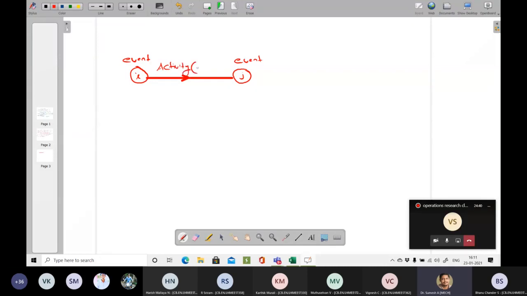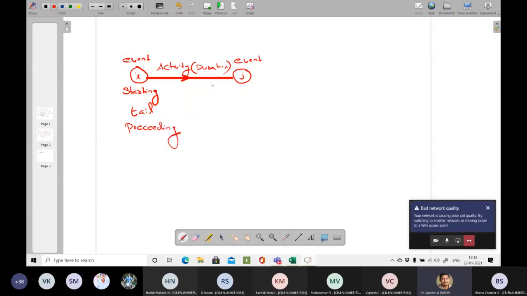Since the arrow is pointing like this, I will be your starting event, also called the tail or the preceding event. J is called the end or completion.